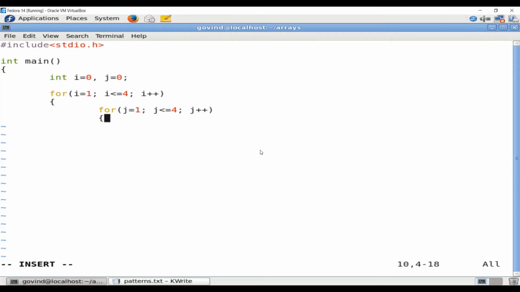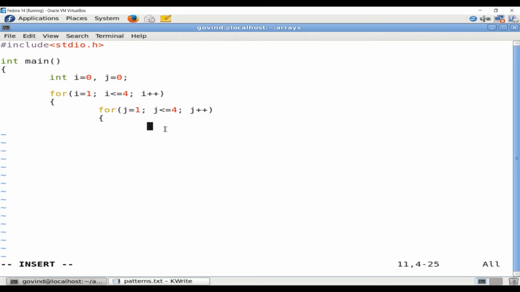Now we will quickly recollect what was considered for the syntax of nested loops. We know that this outer loop executes 4 times, and for one execution of the outer loop, the inner loop executes 4 times, because the test condition is j less than or equal to 4.